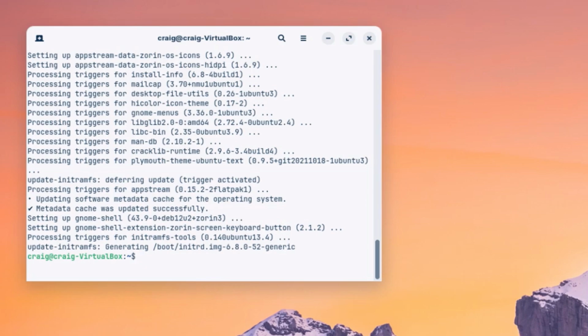But that is how to update all of your apps at once using the terminal in the Zorin